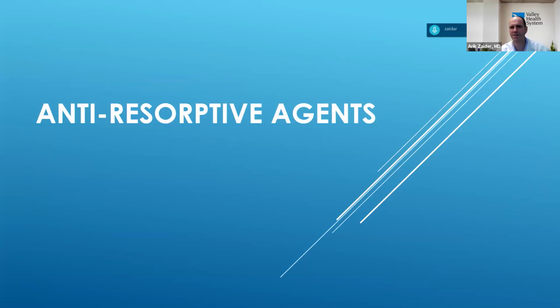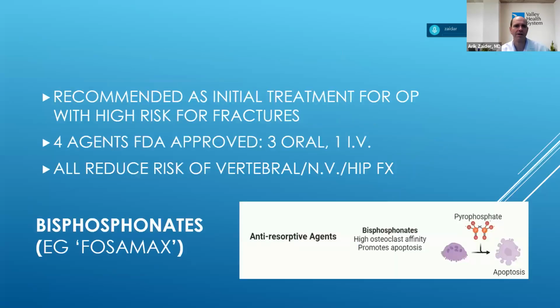Okay, let's look at anti-resorptive agents. Again, what does that mean? We are preventing bone from breaking down. That's how they work. The most commonly used medicine is bisphosphonates, and Fosamax is the best example. You've heard a lot about it. It's been around for a long time. It's a great medicine, and it's still first line. In most patients with regular osteoporosis, the treatment guideline recommendation will be to just take Fosamax.